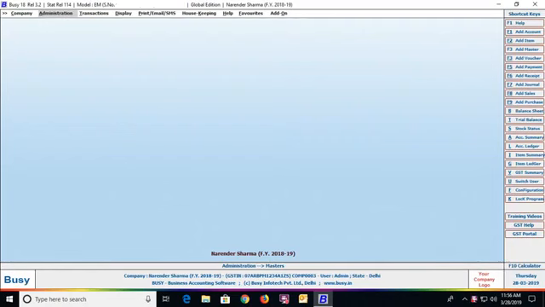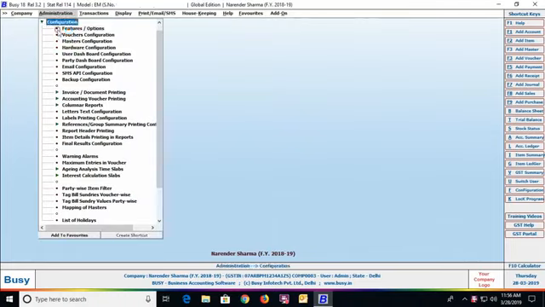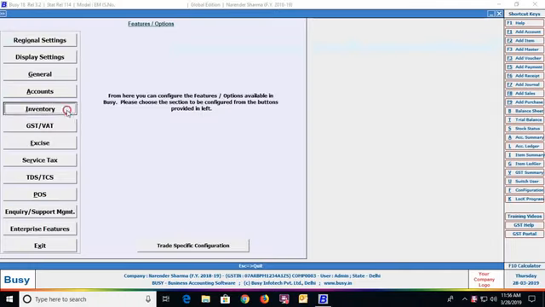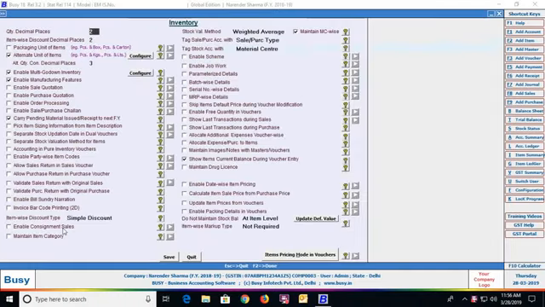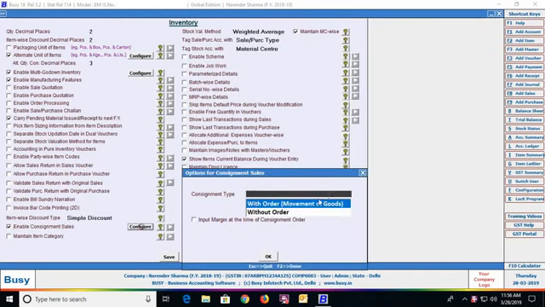To implement the consignment feature, first of all, we need to enable it in the company. We'll enable this feature by going to Administration, Configuration, Features Options, Inventory tab. Here we'll enable the option of Enable Consignment Sales. On enabling this option, a Configure button will appear. On clicking the Configure button, an Options for Consignment Sales window will appear, in which the first option is Consignment Type,